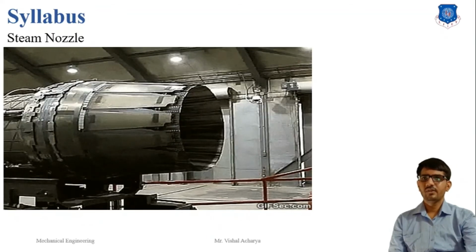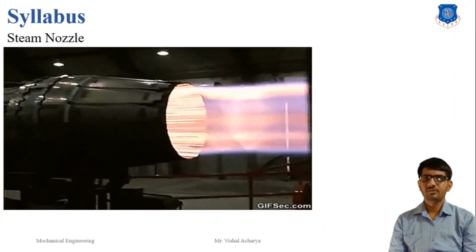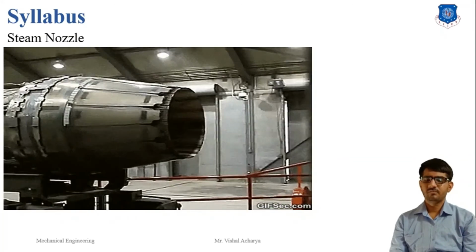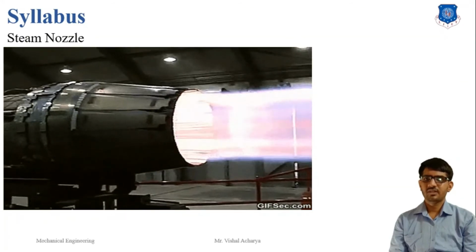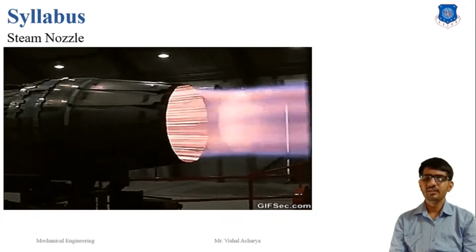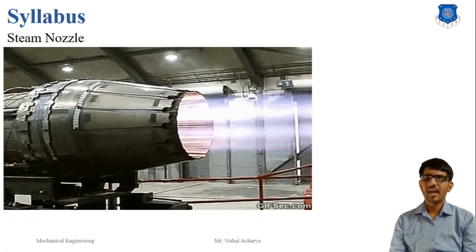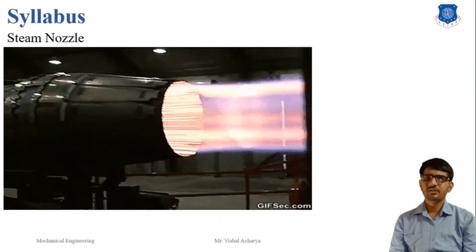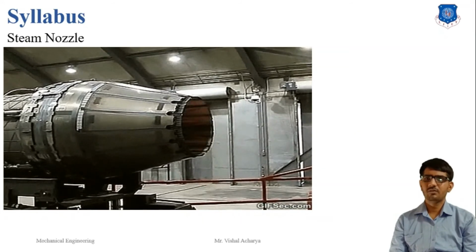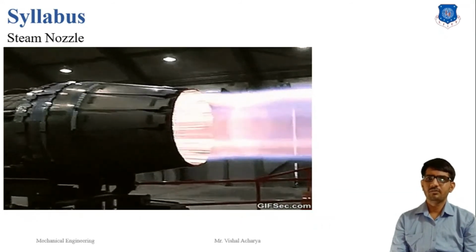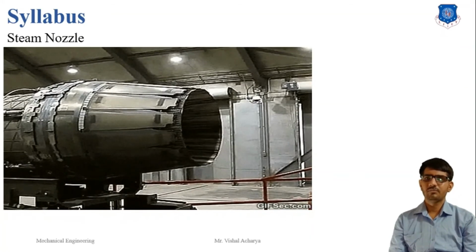Our next module is the steam nozzle. In this chapter, we will learn about the introduction of the steam nozzle, some basic properties like the Mach number, and steam condition in a nozzle. We will learn about how maximum force or maximum flow is achieved by the steam nozzle. We will also discuss some criteria of back pressure effect on the steam nozzle and the critical pressure ratio for flow of the steam nozzle.